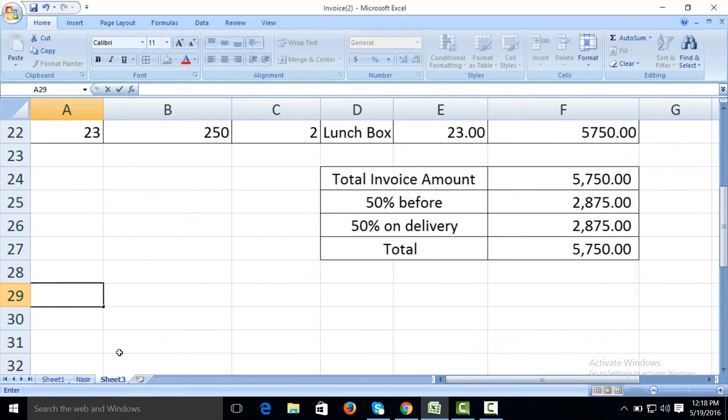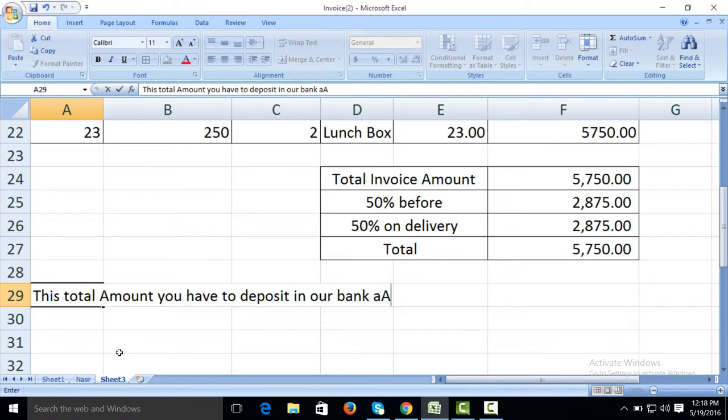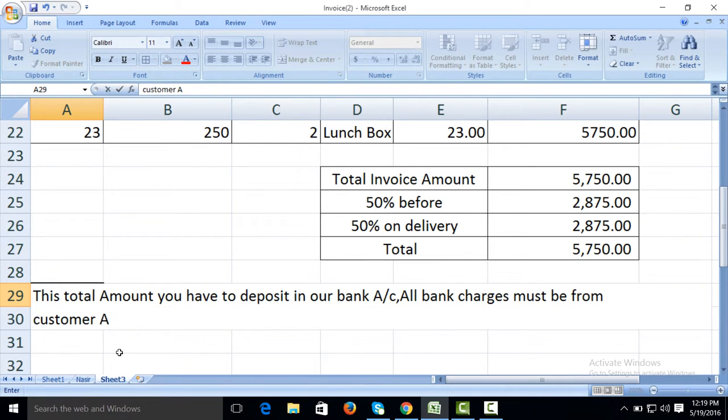This total amount you have to deposit in our bank account. Bank charges must be from the customer's account.